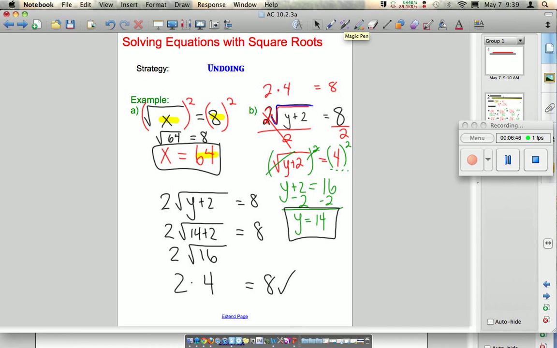So your job today is to try to undo to solve in your square root equations. Some of them get harder than others, but see how far you can get. And definitely ask your teacher. She has the answer key for you to check it over and see if you're doing things right. So be sure to ask lots of questions if you're